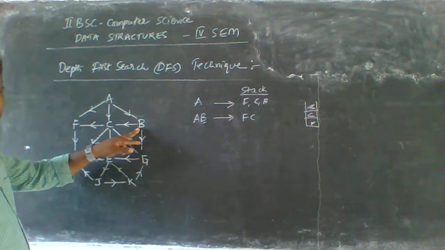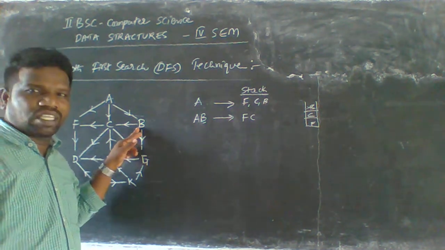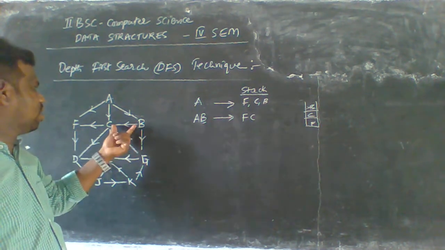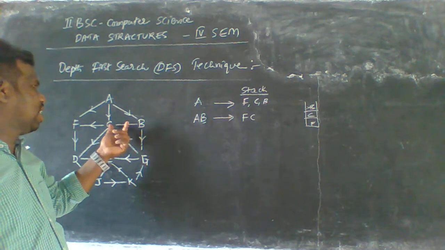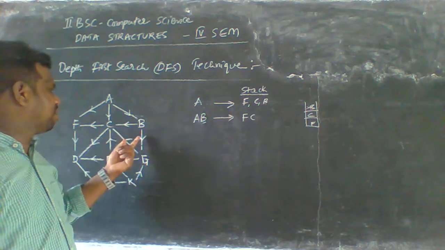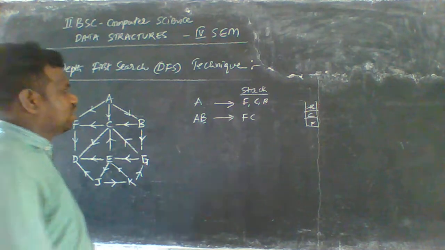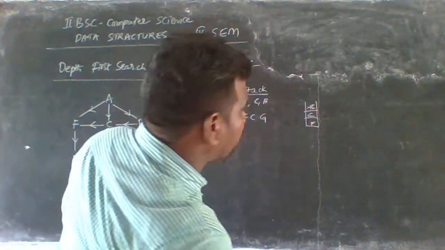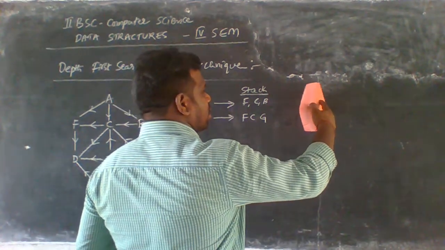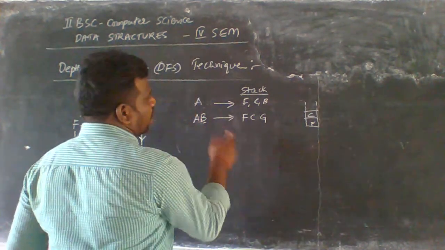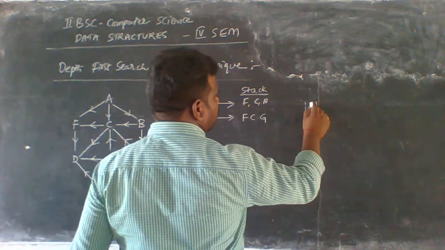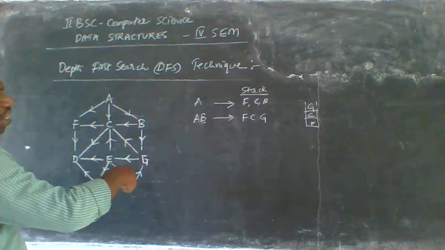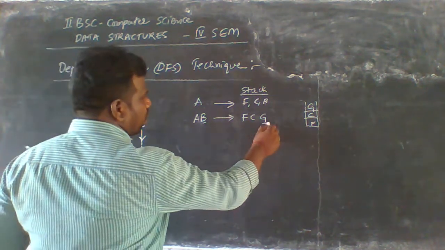So we have to check the out degrees of B. C is already listed, which is why we do not take that element again. And we can list the new element, G. In this scenario we delete this B and place the new element G here. There are no other new elements available here.